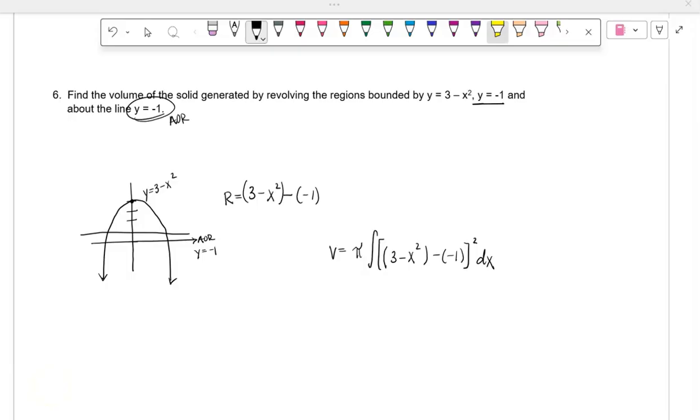So we can insert that into our volume formula, except the last thing that we need are the bounds. You are still going to set these two equations equal to each other to solve and find the bounds. Don't forget when you